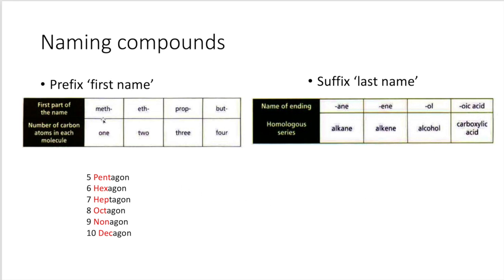So combining them, let's say if it is a 1 carbon alkane, it will be methane. A 2 carbon alkene will be ethene, a 3 carbon alcohol will be propanol, and a 4 carbon carboxylic acid will be butanoic acid. So this is how it works. You can mix and match them as per how you see the molecule, and you should also learn how to